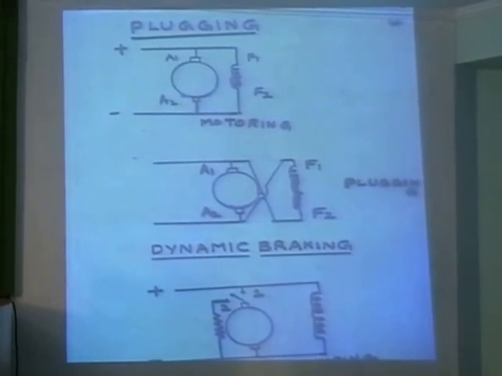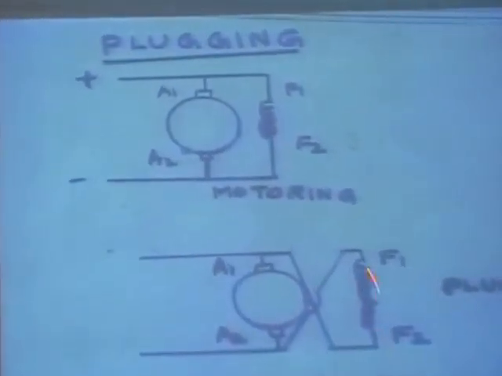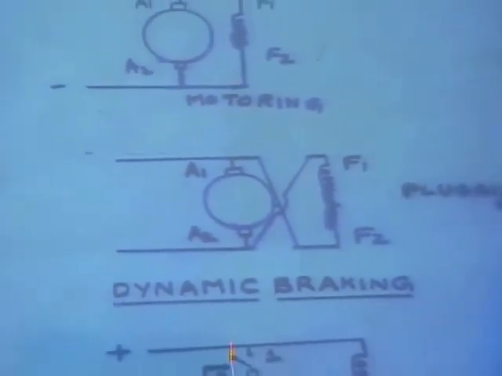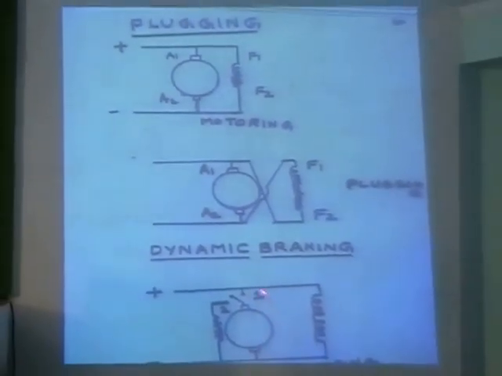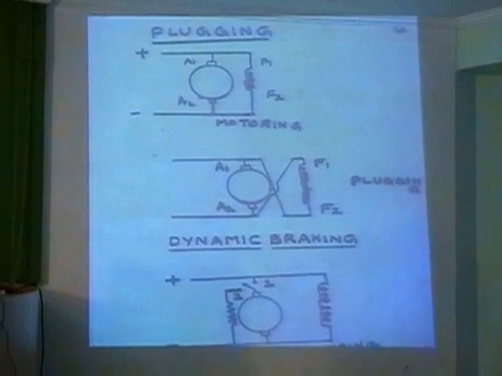So plugging means you have to either reverse flux direction or current direction. Without disturbing the armature, I am interchanging the field. So if I interchange the field, flux direction gets reversed, and the armature current direction gets reversed. So this is plugging in DC drive. Dynamic braking: you keep this initially in position 1, so it is running as a motor. Whenever you want to go for dynamic braking, you change this switch to position 2. So when you change the switch to position 2, due to inertia the armature continues to run and flux is given by the field. So it temporarily works as a generator.